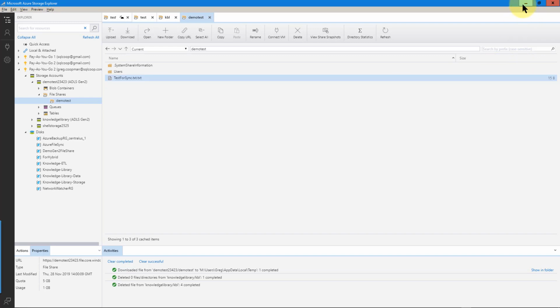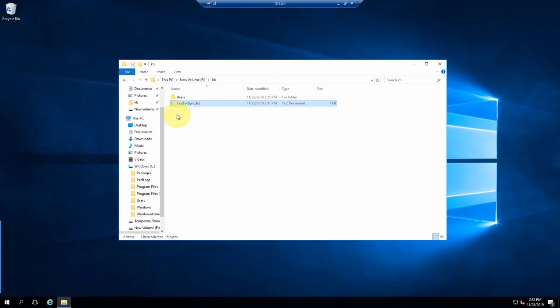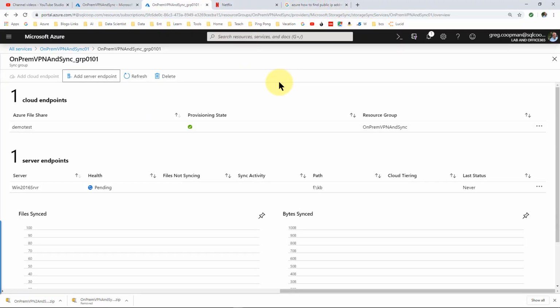Now, this is the very last part of the video and the video series. So let me show you how this all ties together. So we have the test here, we have the demo here, and in video 2, I had made a drive map to that KB up on this VM in part 2. So what's happened is that we have three pieces going now. We have my local machine, we have the VM, and we have the file storage up on the Azure portal, right? So now if I come in here and if I go down to my local machine,